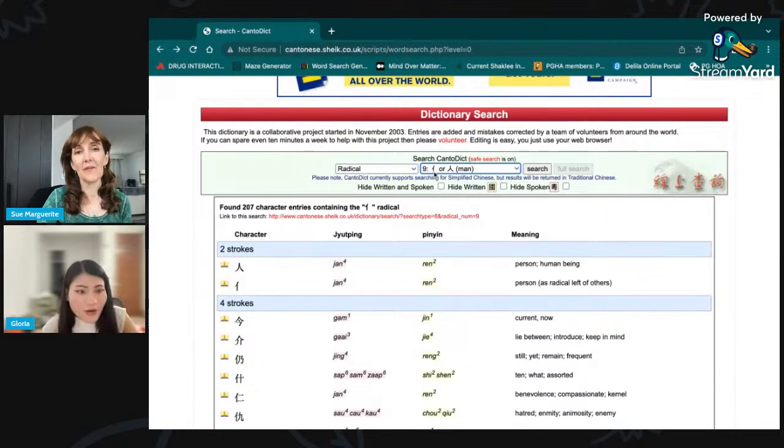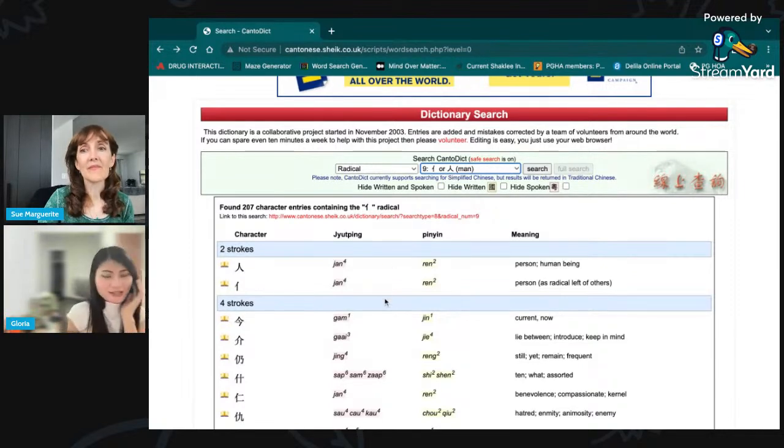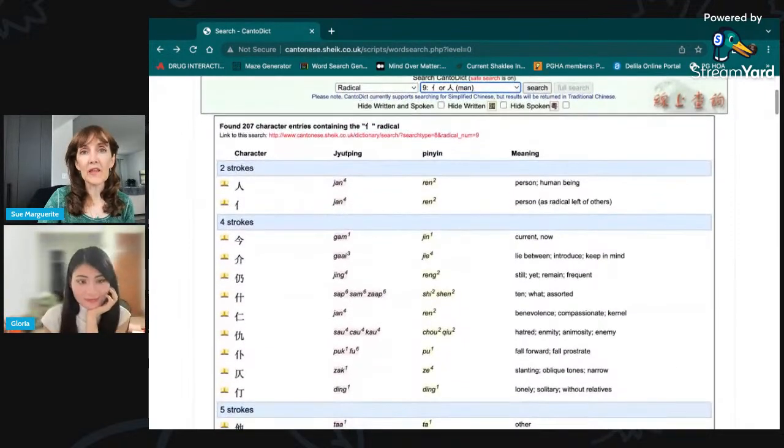Danyan Pong, or Danyan Bin, or KM Bin. Yeah, all of them. It works. So you'll notice that here you've got 207 different character entries that have the yan radical,